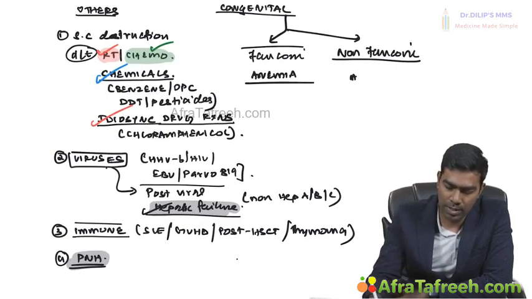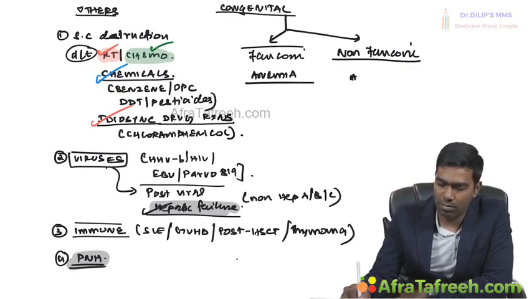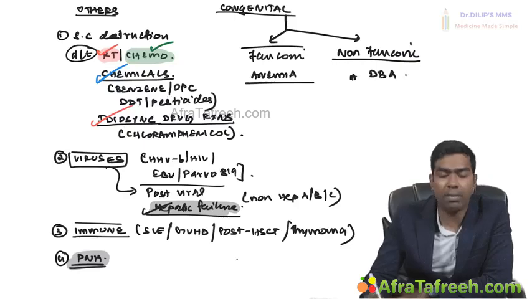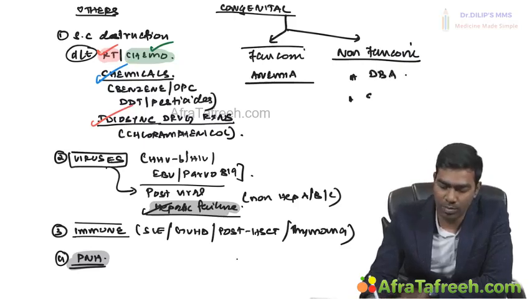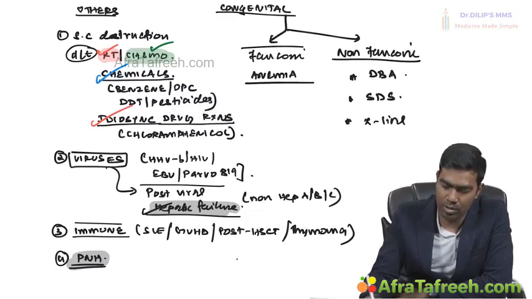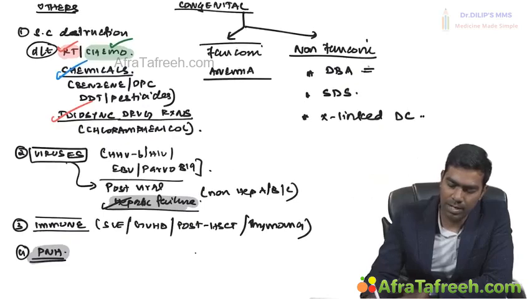One is called DBA, that's called Diamond Blackfan anemia, and second one is something called SDS, that's called Shwachman-Diamond syndrome, which we'll discuss again, and third one you have something called dyskeratosis, X-linked dyskeratosis congenita, otherwise called X-linked DC. So I can write DBA as something called Diamond Blackfan anemia,